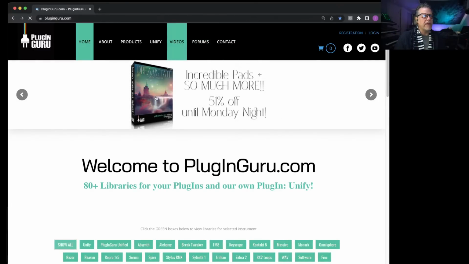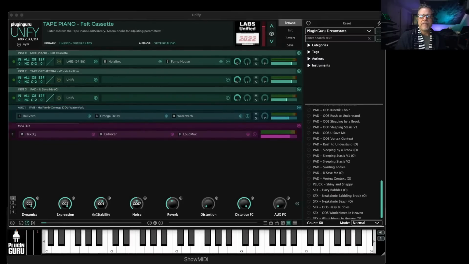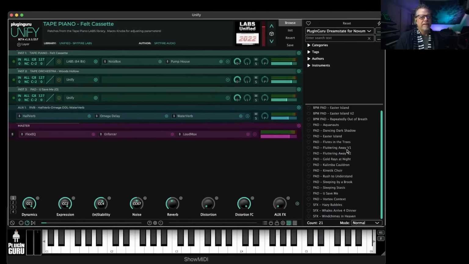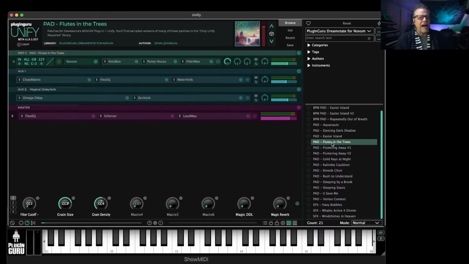Anyway, this new library is kind of a fun one in that I took in June. I showed you guys a plugin called Novum. Here's a quick tip. I'm going to be making a video on my favorite free plugins, and a separate video on the favorite paid plugins. Novum is one of my favorite plugins you can buy. It's not free, but it is a wonderful granular synthesizer that's actually playable, I guess is the best way to describe it, because